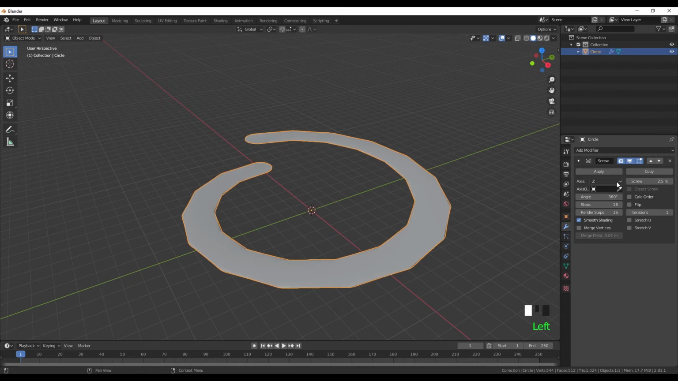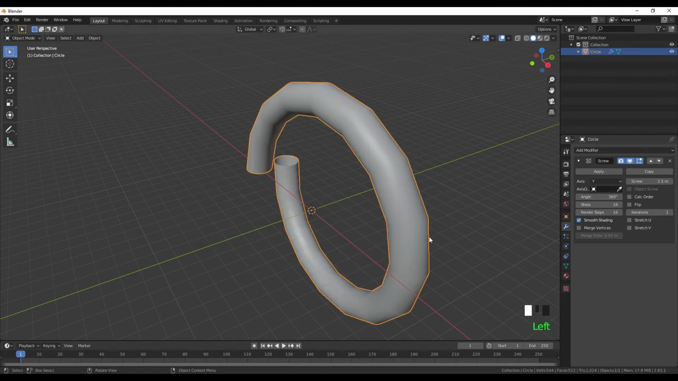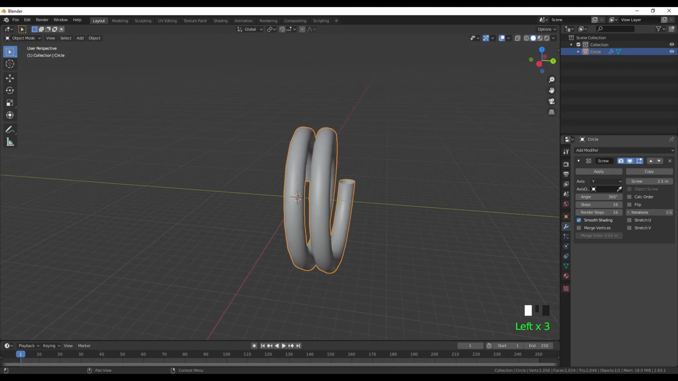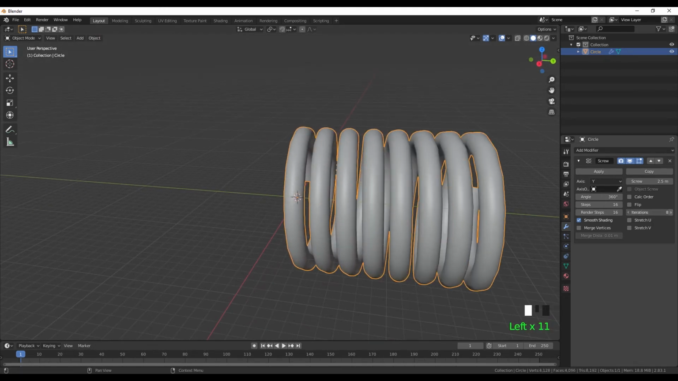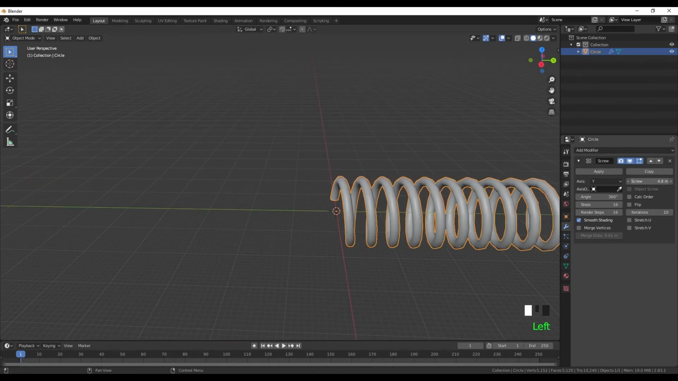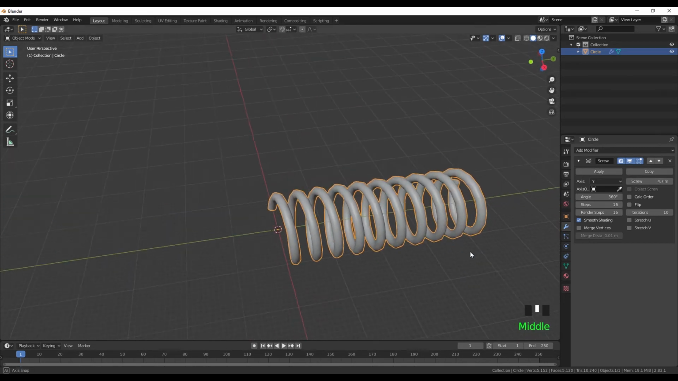bit, then go to axis, change from Z to X or Y, yes, Y, then add the iteration, let's say 10. Okay, now increase or decrease the screw as you want